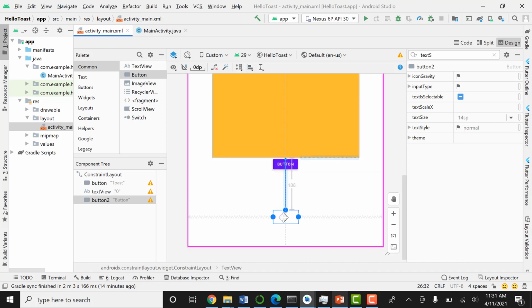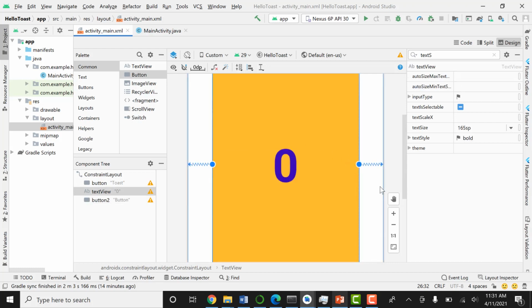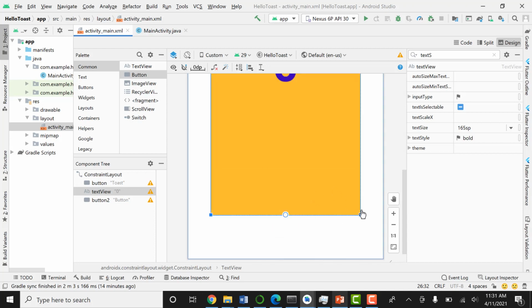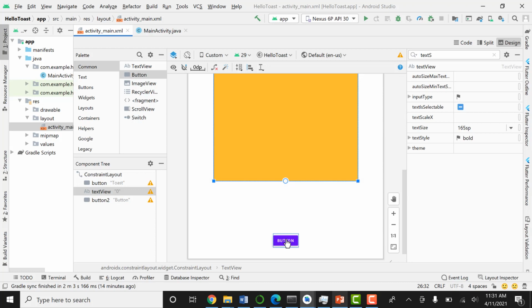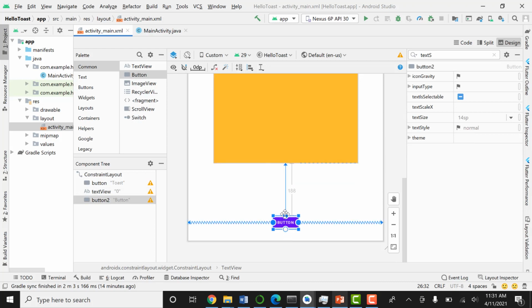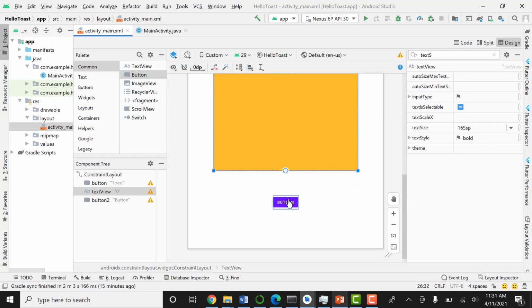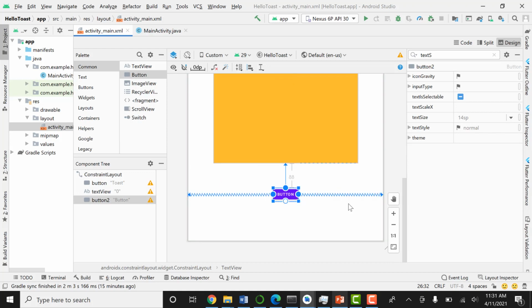I think I should bring it here, and I should also bring the text view over here. Okay, I think I can adjust them later on, but for now I'm going to increase its width and